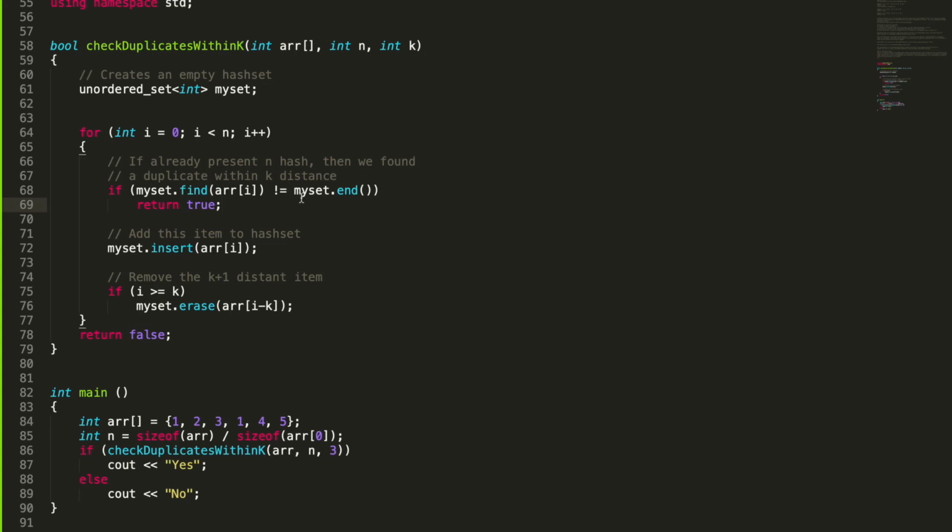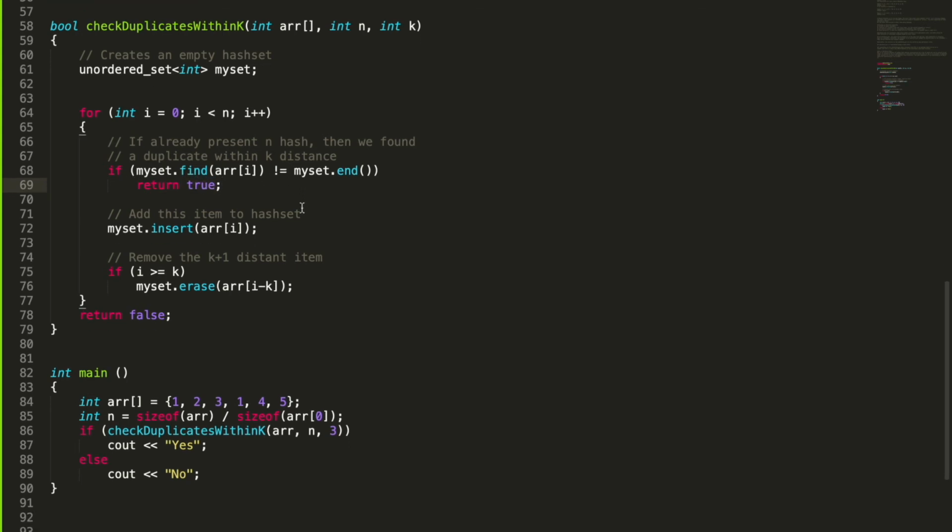In case that element is already present, that means we have found a duplicate, and at that time we are going to return true. Or else, if the element is not present, I mean if it is a unique element, we are going to insert that element into our hash set.